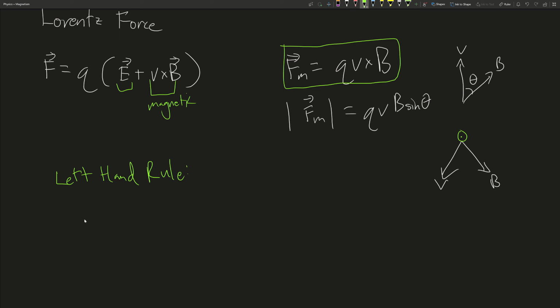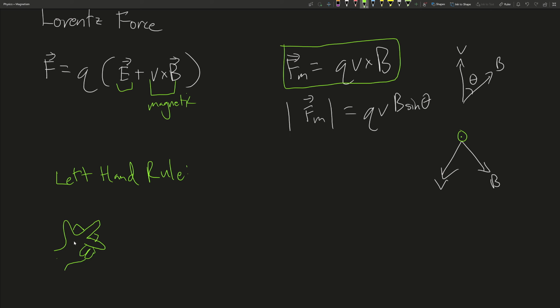And this is where, if you use the fingers of your left hand formed in almost a gun-shaped pattern, where you have your middle finger pointed outwards like this, your index finger pointed. If these are all 90 degrees from each other, they form almost a coordinate axis. So this would be your left hand here. Sorry for the crude drawing, but if this was your left hand, and these are at 90-degree angles